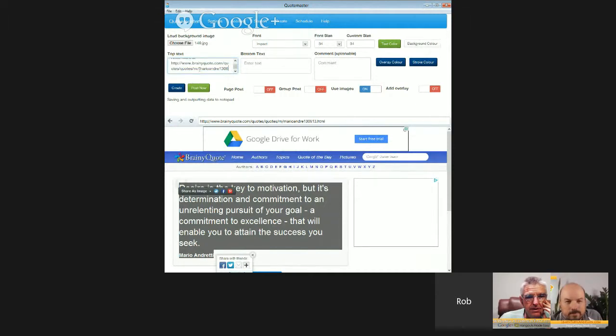Okay, so now I can go back here and cut out the bits of Brainy Quote there that I don't want. And so we've got desire is the key to motivation, but it's determination and commitment to an unrelenting pursuit of a goal, a commitment to excellence that will enable you to attain the success that you seek. Now I'm just going to put a quick break command in here,